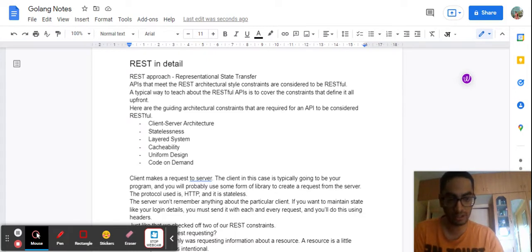So here what we understand is that REST is a set of architectural style constraints. There are a certain number of constraints, and if any application follows these constraints, then that application is said to be RESTful. So APIs that follow these given constraints of REST are said to be RESTful. So the guiding architectural constraints that are required for an API to be considered RESTful are